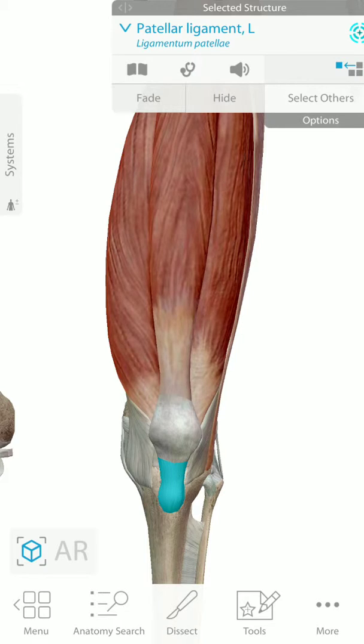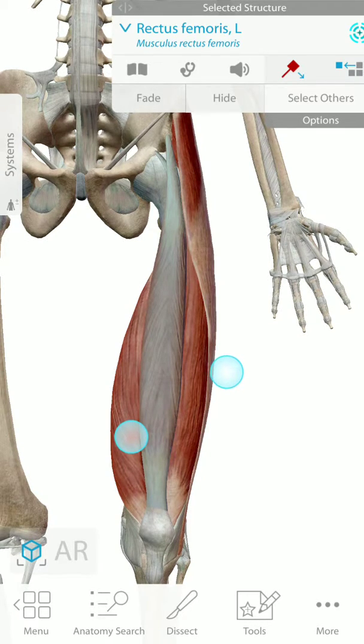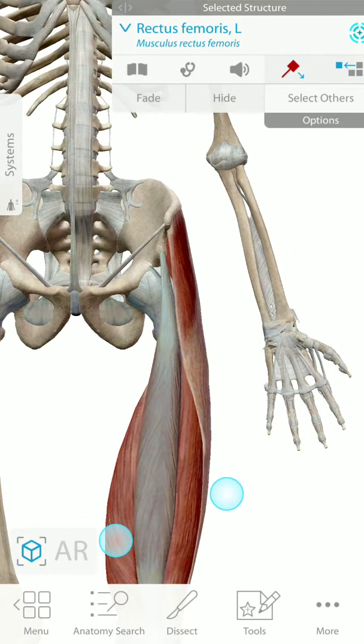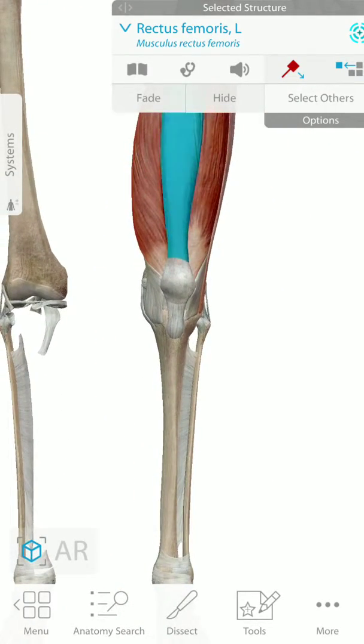So the four muscles that create the quadriceps are the rectus femoris, located in the front, right here, the vastus medialis located off to the side here, the vastus lateralis located off to the outside here, and the vastus intermedialis, which is located in the middle underneath the rectus femoris. This muscle comes from the front of the hip. We already covered what causes the pain that's located in front of the hip that comes from about this muscle here. And then it envelops the patella, which is the kneecap,